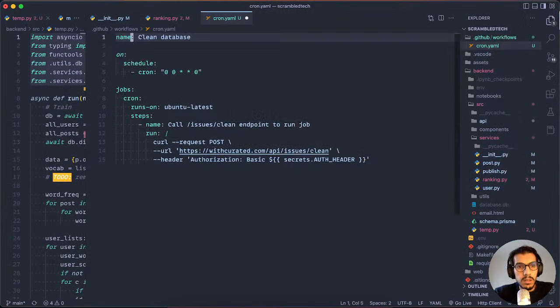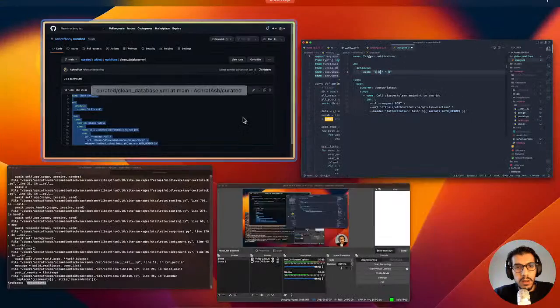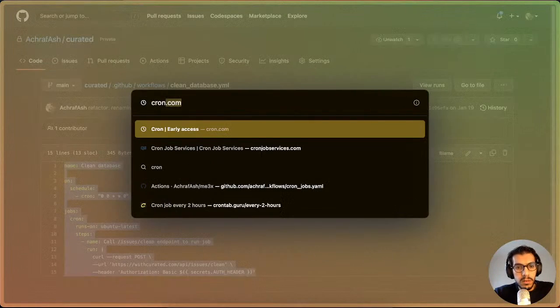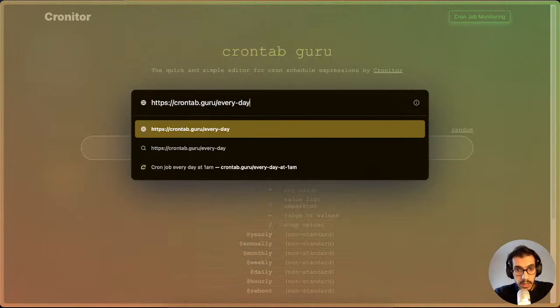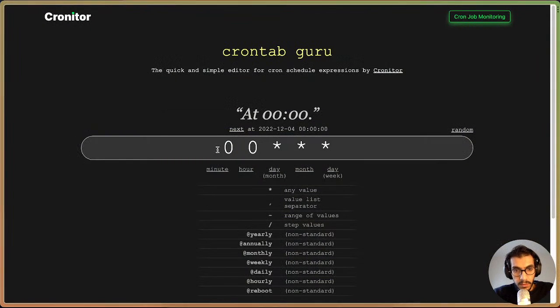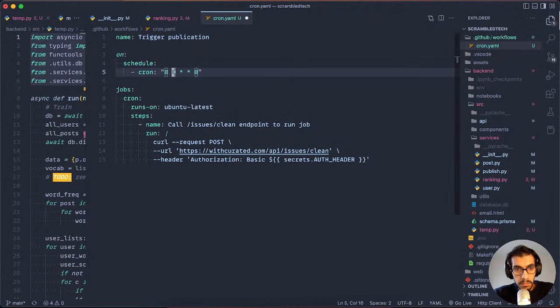And I'm gonna say trigger publication. I think let's go to crontab guru and say every day. There you go. And call publish endpoint, or yeah,